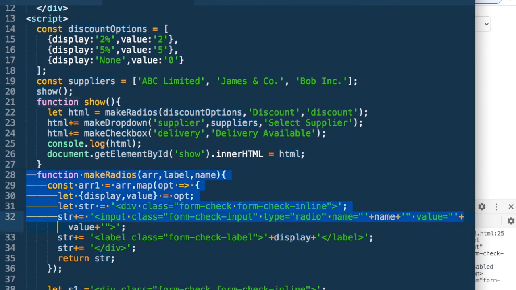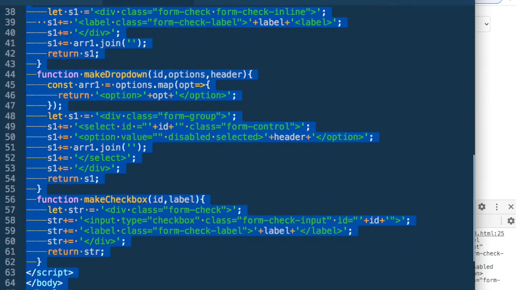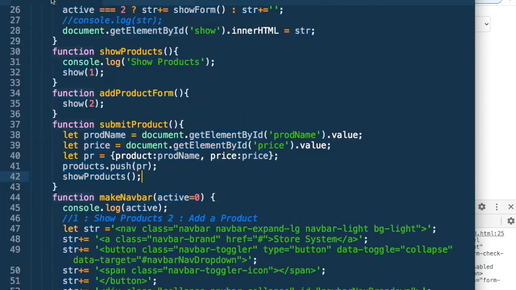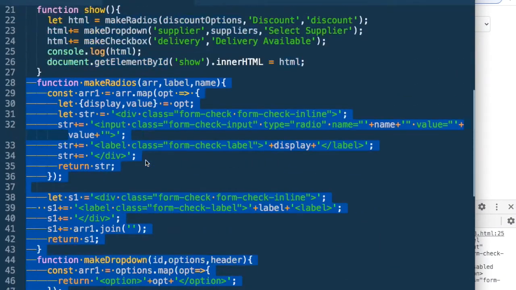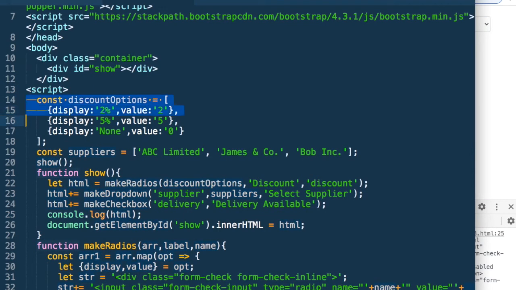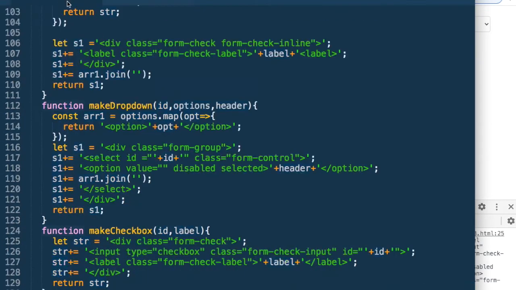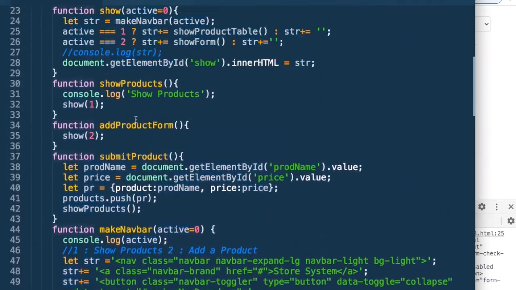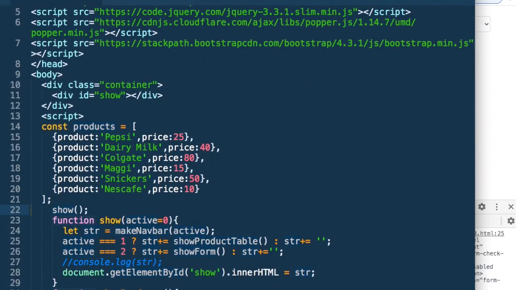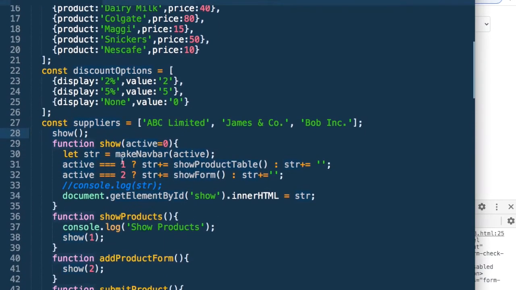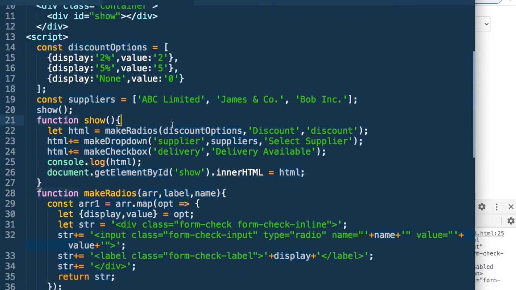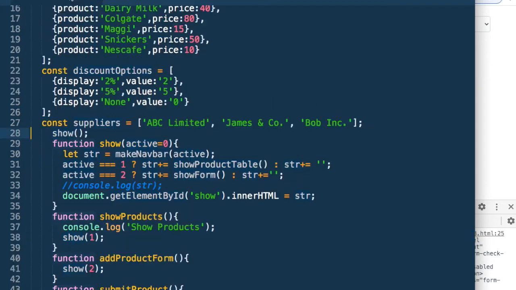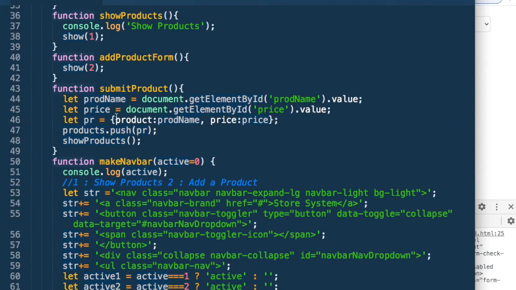So let me copy the make radios, make drop down, and make checkbox and put it in my app. Next, what I need to do, I need these discount options and these suppliers. Let me put that also. Once I've put that in, what else do I need? I need to add these pieces in my HTML form. So let me copy these 3 lines,